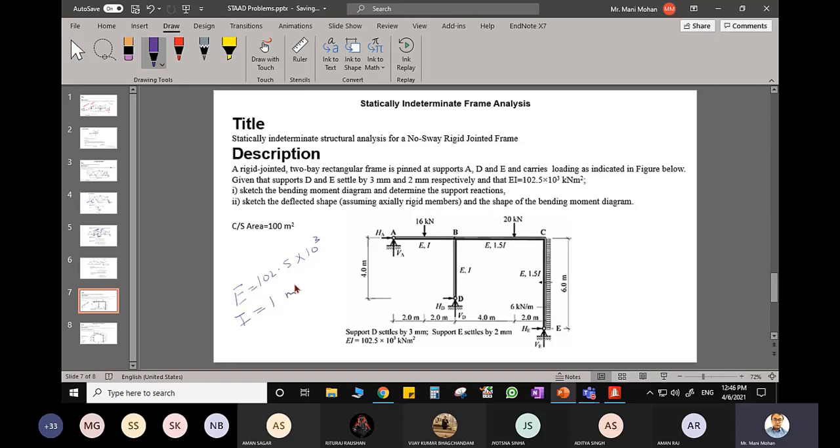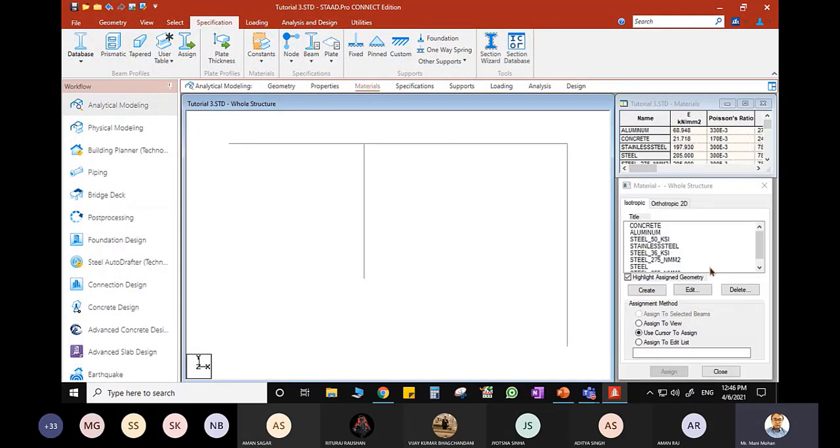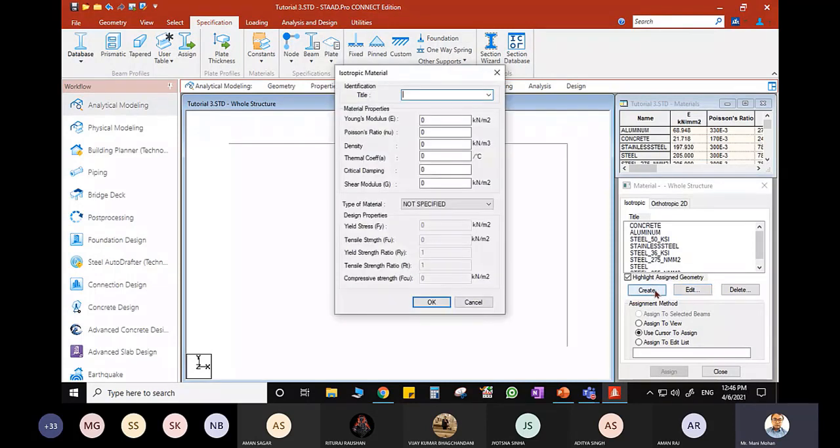It will be 1 meter to the power of 4, because EI will be 102.5 into 10 to the power of 3. So before defining the property, I'll define the material. Now under material, we'll go to create.